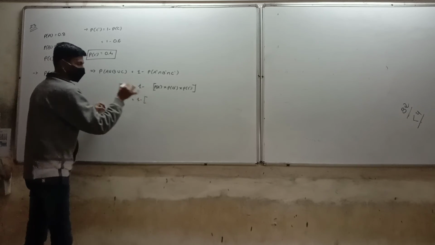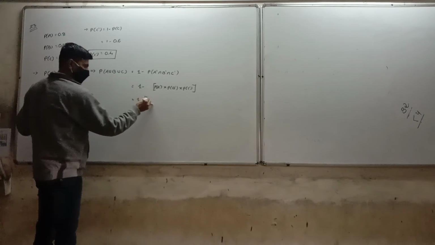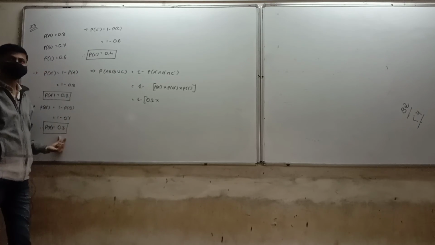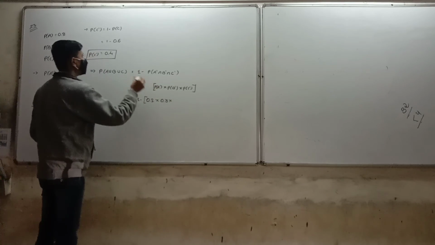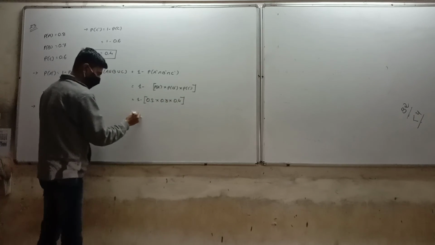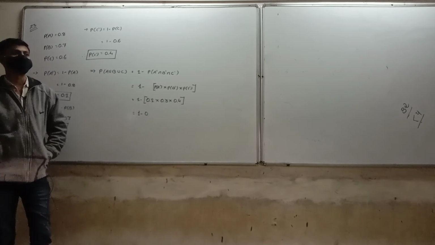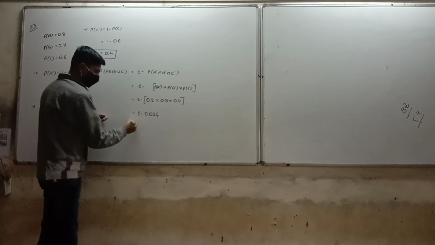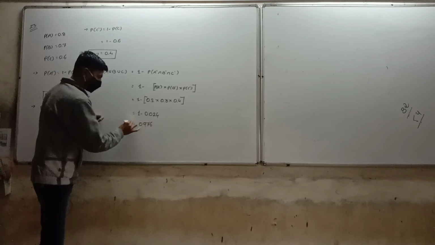Next step, 1 minus value of P of A dash 0.2 into value of B dash 0.3 into value of C dash 0.4. 1 minus 0.2 into 0.3 into 0.4 is 0.024. Difference find out, 0.976. Okay, write down